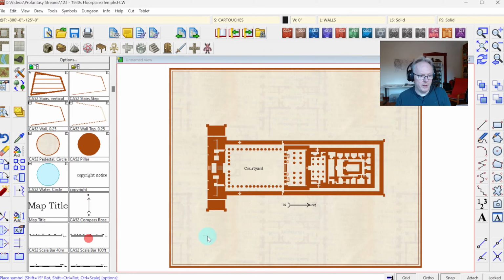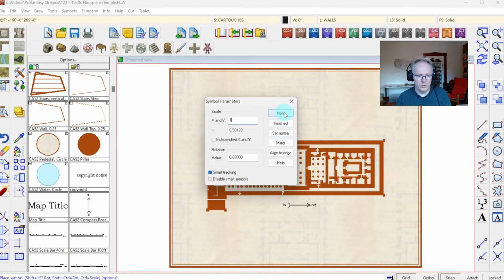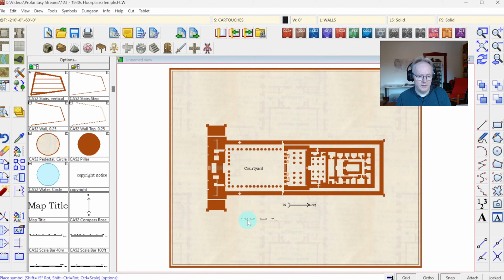Then we do have a scale bar. This, of course, needs to be at size 1 to show the correct size. Oh, this is probably a bit large. So this is 100 feet, and the courtyard is almost 200 feet across, which sounds a lot for what might just be a temple, but perhaps it's a bit much. So what we are going to do is